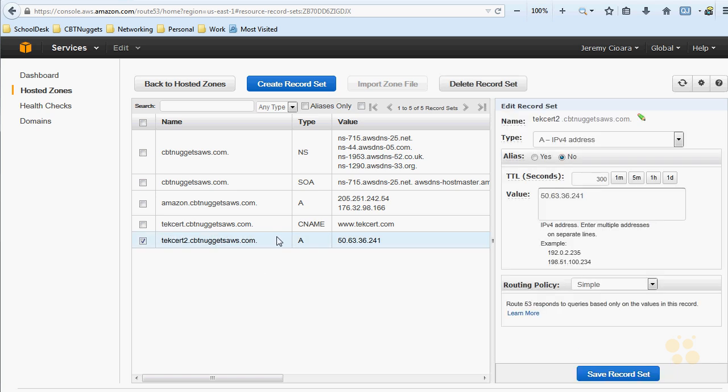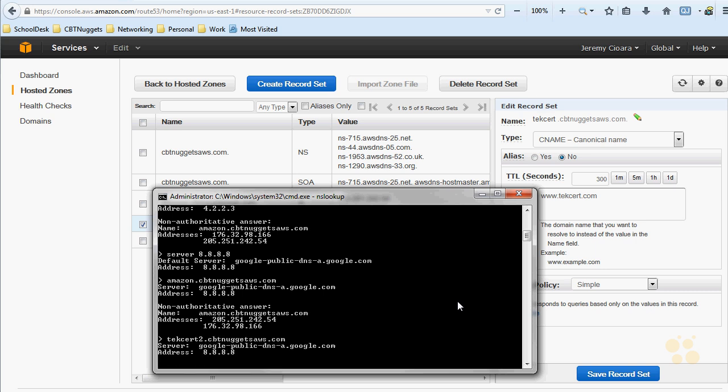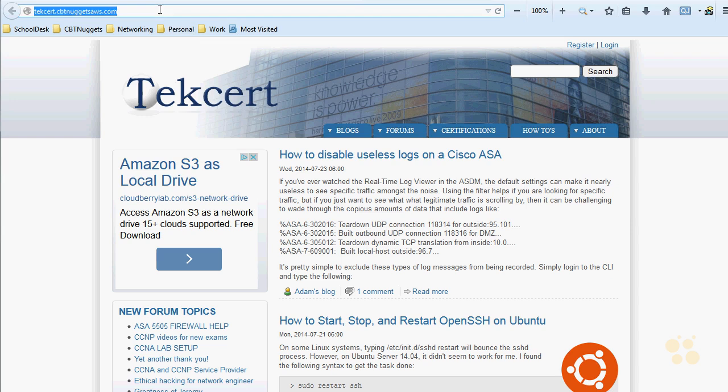My thought, and I almost guarantee this is what's happening, is I typed in techcert.cbtnuggets-aws, it came back and said, oh, this is a CNAME to techcert.com, and my web browser got that and put it in as the host header. So what I'm doing now is putting in techcert2 pointing to the IP address of TechCert, and I was just giving it 60 seconds to replicate. Let's try that now. techcert2.cbtnuggets-aws.com. Okay, good, pointing to the right place. Let's copy that to the clipboard, come up here and paste it in. TechCert2.cbtnuggets-aws. I bet you